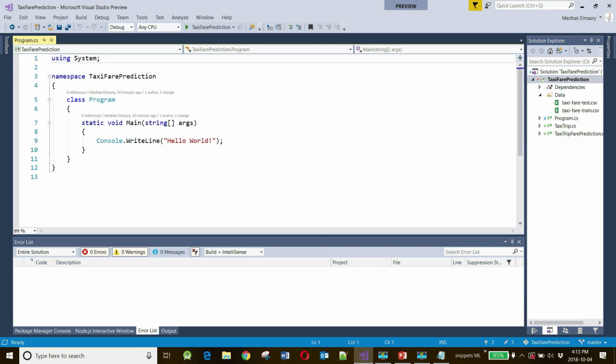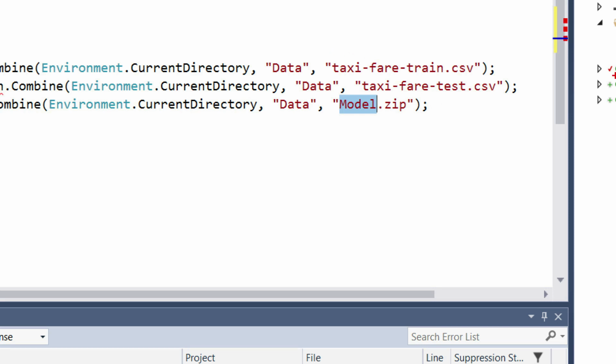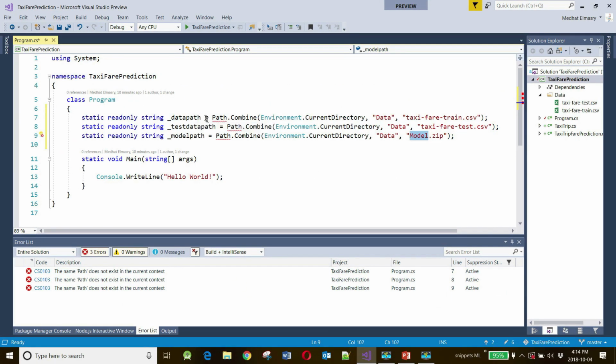The next thing we need to do is put some instance variables into our program.cs file that point to the data sources. And I've got some code for that. So I'm going to add these variables here, and all that these variables do is they point to the various files that I want to use as my data source, plus the file that I will be using to save my model. This here is my data source, and this is going to be my test data, and this is the name that I'll be giving to my model, my machine learning model. Let me resolve this path